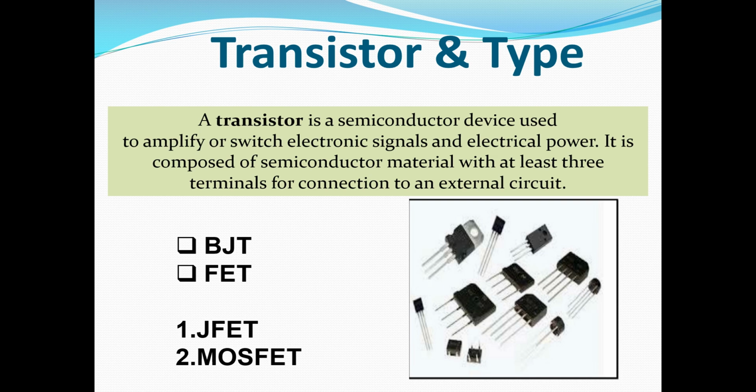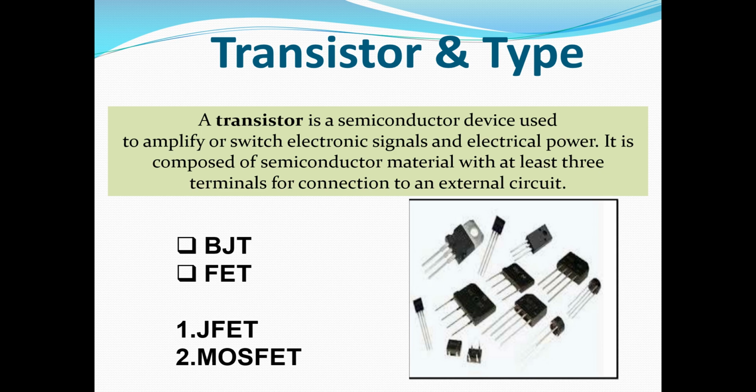First of all, what is meant by a transistor? A transistor is a semiconductor device. It means that it is a device formed between two types, a conducting device and a non-conducting device. A semiconductor is a material which comes in between non-conducting material and conducting metal. A transistor is a semiconductor device used to amplify or switch electronic signals and electrical power. It is composed of semiconductor material with at least 3 terminals for connection to an external